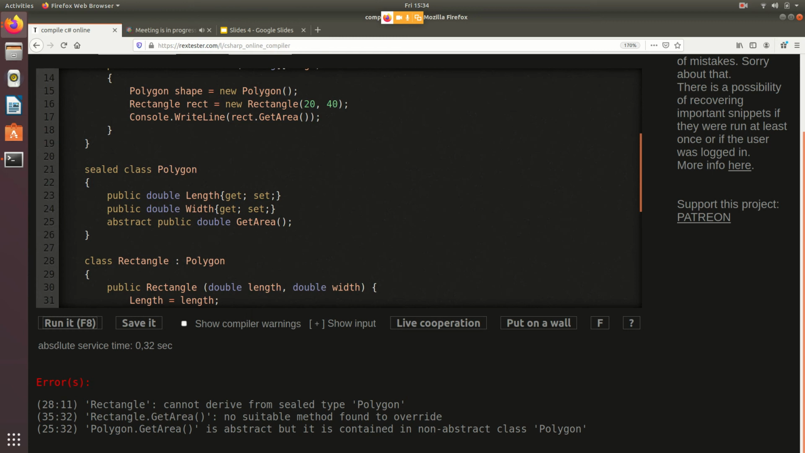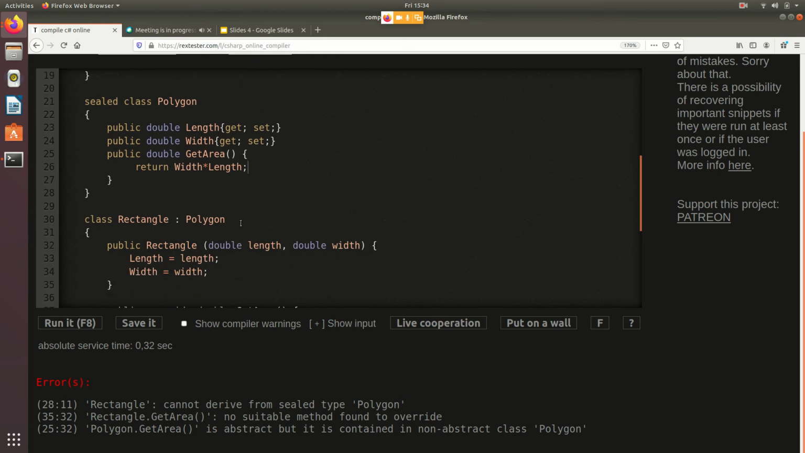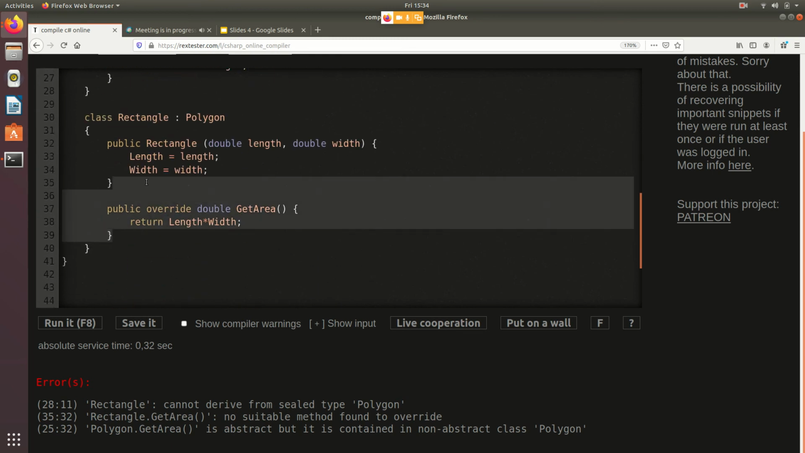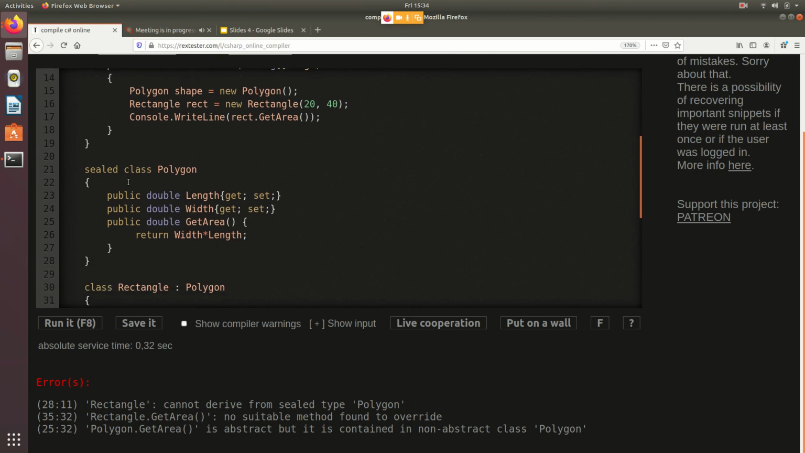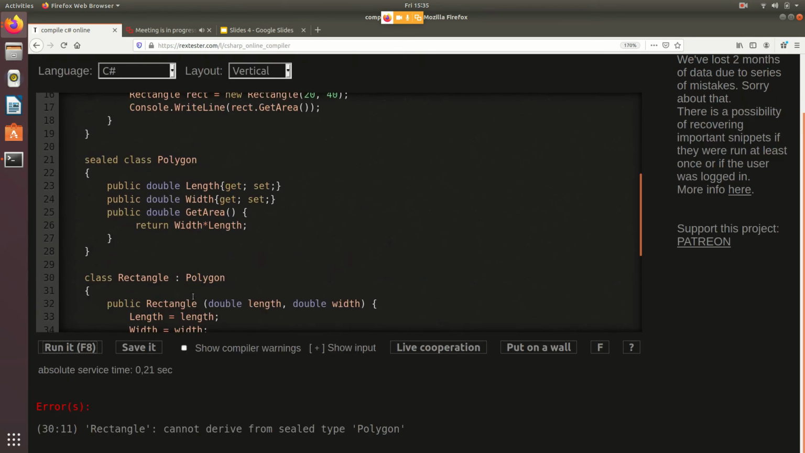Basically we're just saying, all right, in making this sealed, it's no longer allowed to be inherited from. Right? I'm just fixing it so that the example really highlights the sealed idea. Okay, so I'm going to remove the override. Now because class polygon is sealed, I'm not allowed to inherit from it. Class rectangle cannot derive from sealed type polygon. If I remove the sealed,